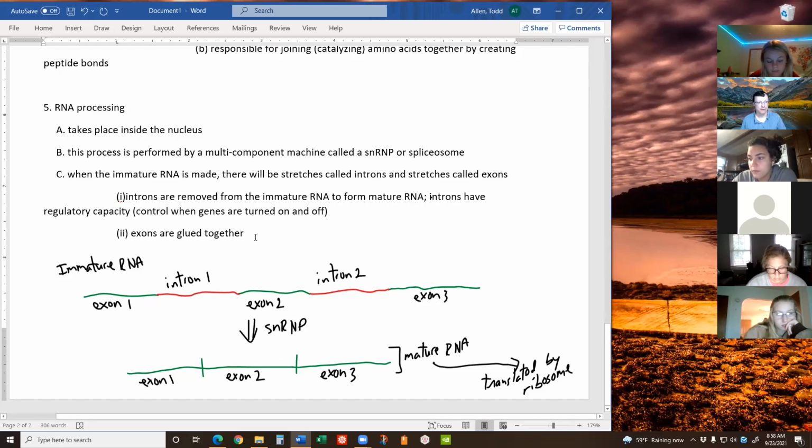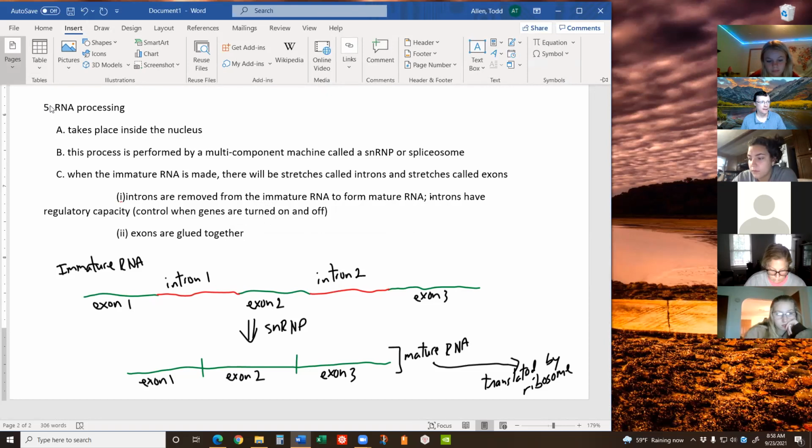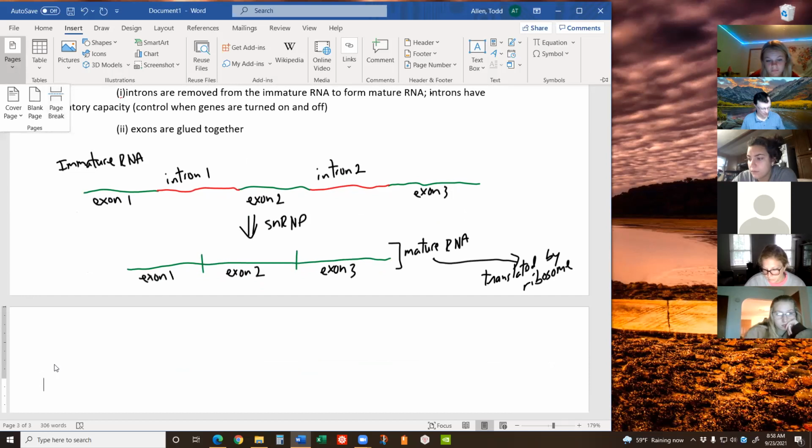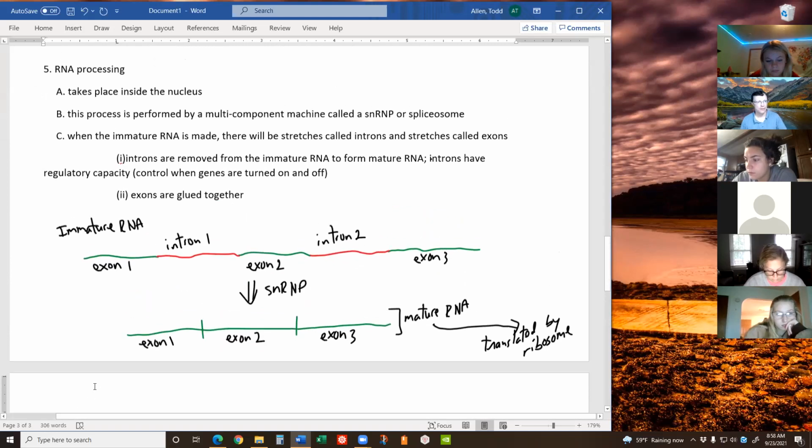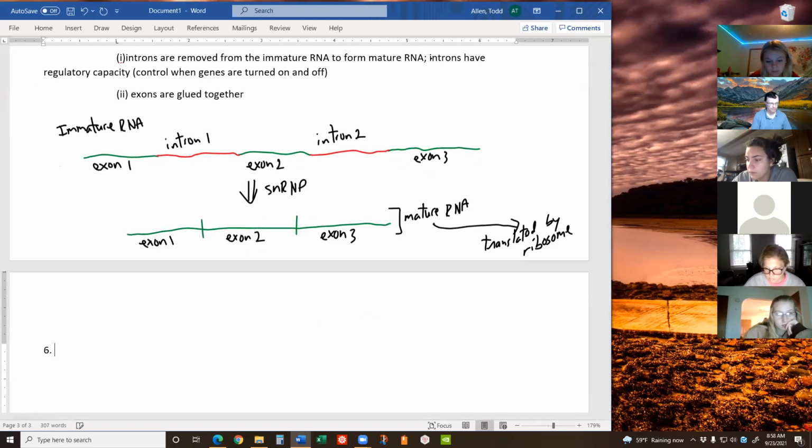Okay. See if I can get my next page in here. Okay, number 6, translation. Okay, translation is the topic of figure 329, page 95 in my physical textbook. Translation takes place in the cytoplasm,